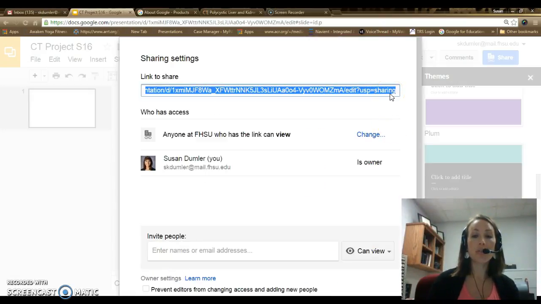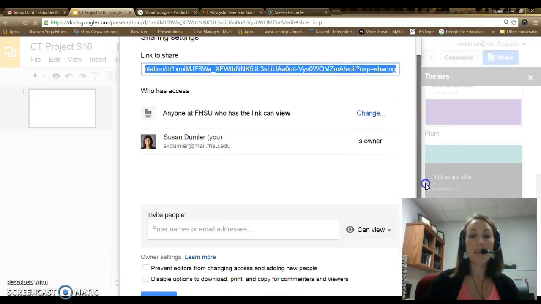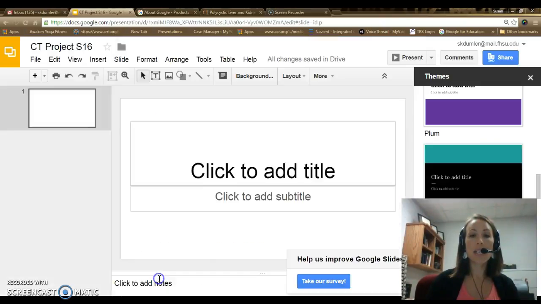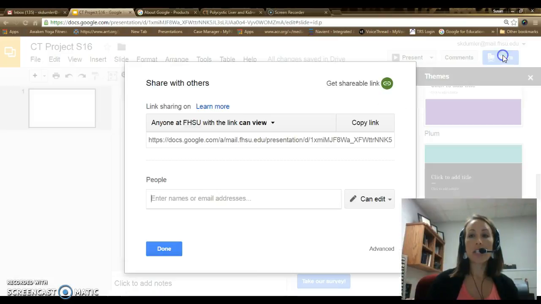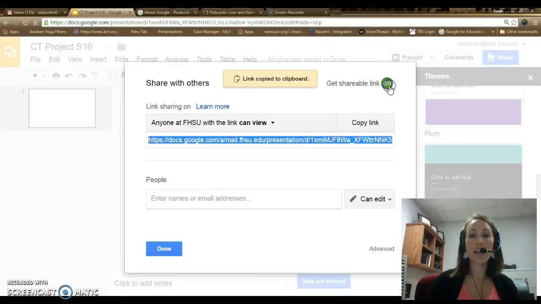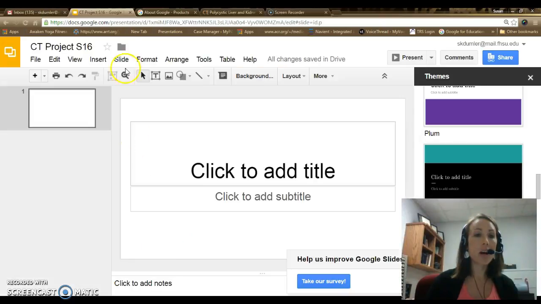So you can simply Control-C to copy that, or click done, and you go back to share and get a shareable link here. Again, just making sure that it's set to just view, so our link's copied. After our link is copied, you will go back and share it under the assignment module,